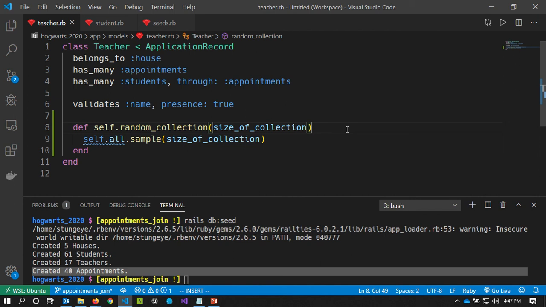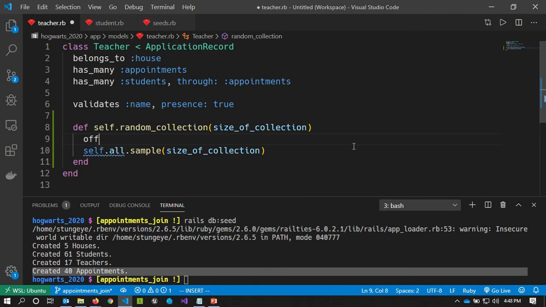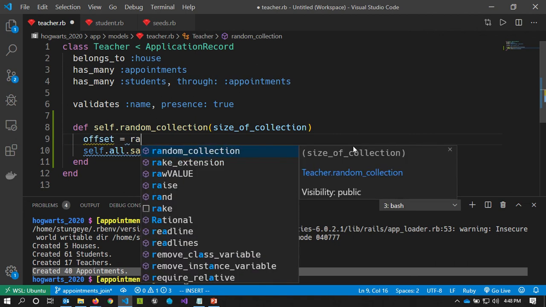But how do we get it so that we don't have to actually get all of them just to get a smaller collection of them? Well, what we can do is we can use offset. So we can move a random offset within the database. So say there was 100 teachers, we need 10 of them. If we move randomly to position 32, we can get the 10 teachers from there. And so what we want to do is get some kind of offset. And the offset can be a random number